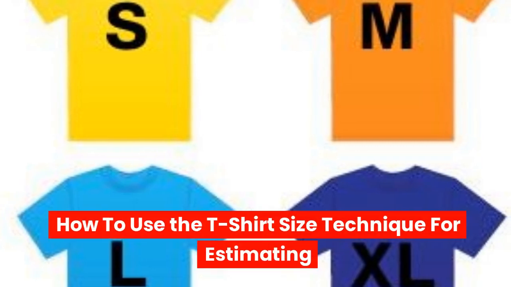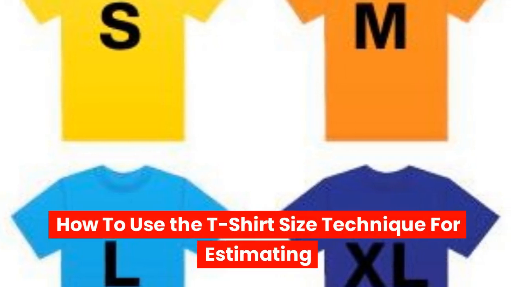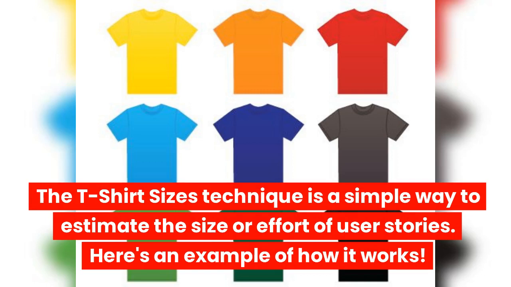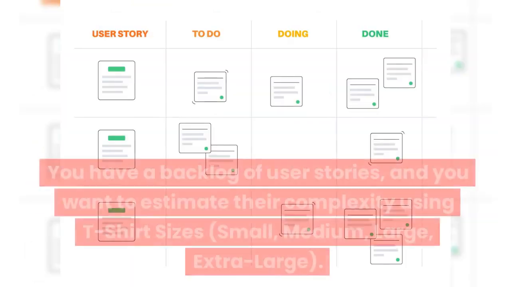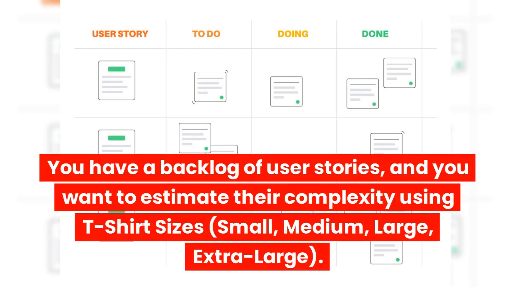How to use the t-shirt size technique for estimating. The t-shirt sizes technique is a simple way to estimate the size or effort of user stories. Here's an example of how it works. You have a backlog of user stories, and you want to estimate their complexity using t-shirt sizes: small, medium, large,